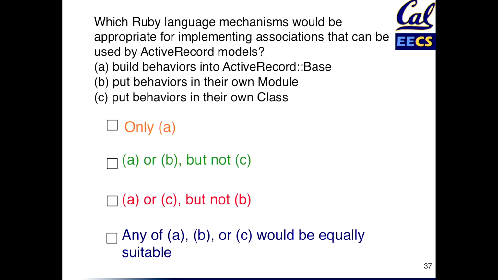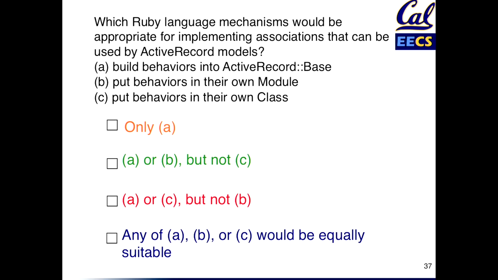What about putting them in their own class? Putting them in their own class is awkward, because there's no easy way to reuse a class across other classes. So the temptation when you think in object-oriented programming is, oh, I have a collection of behaviors that are related, they go in a class. That is often true. But in cases where what you're doing with those behaviors is pulling them into a bunch of different places, then if you came from the Java world, this is more like interfaces in Java, right? You can think of associations as a set of abilities you want to add onto a basic model. In the Java world, you'd probably use something like interfaces to implement this. In the Ruby world, you can use modules, which are a little bit lighter weight. But C is the only option that would really be pretty awkward to do. So A or B, but not C, is the answer that we were going for.